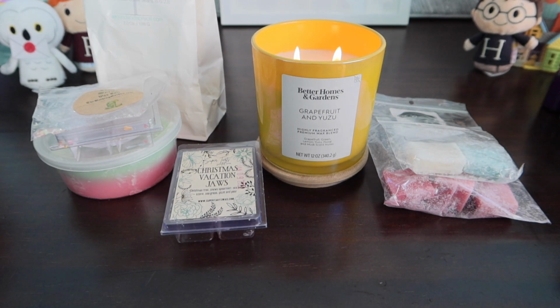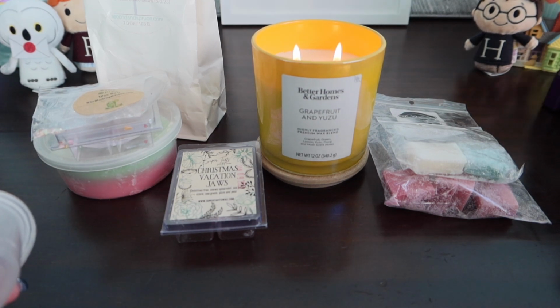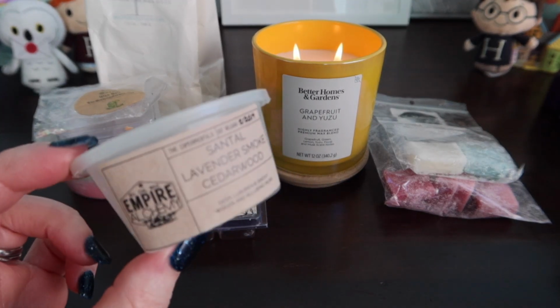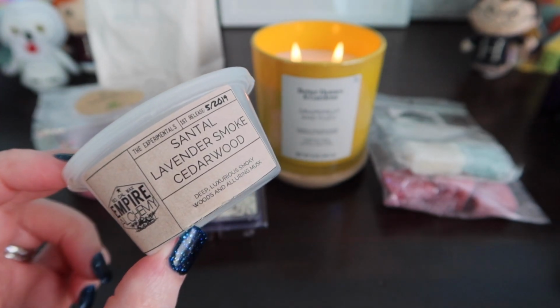Okay, let's talk about some Teddy Bees because, no, actually, let's do this first. Let me just move this around. Okay, so I'm going to talk about throwing away your wax. I'm just going to be completely honest. I threw away most of my Empire Alchemy wax. I was kind of letting it sit for a while and I don't know why I just let it